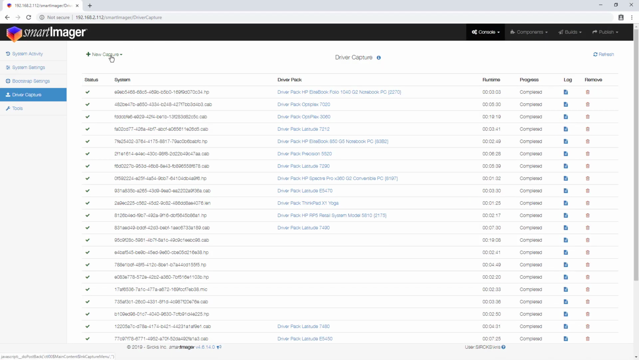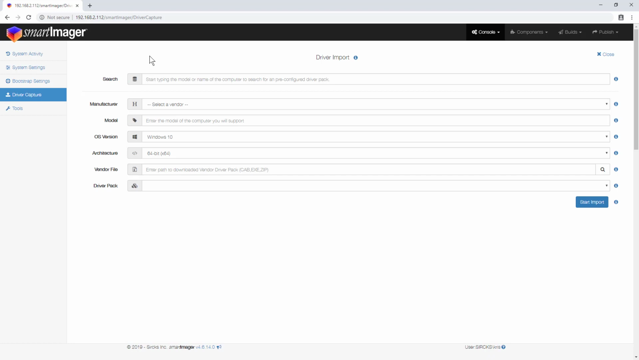Now we're going to have three options. We're going to have a remote, a local, and a vendor pack import. The one we want to choose is the vendor pack import. And here you may be tempted to select a manufacturer or type in the model yourself. But I'm going to ask you to hold and just type in the model right in the search tool here,